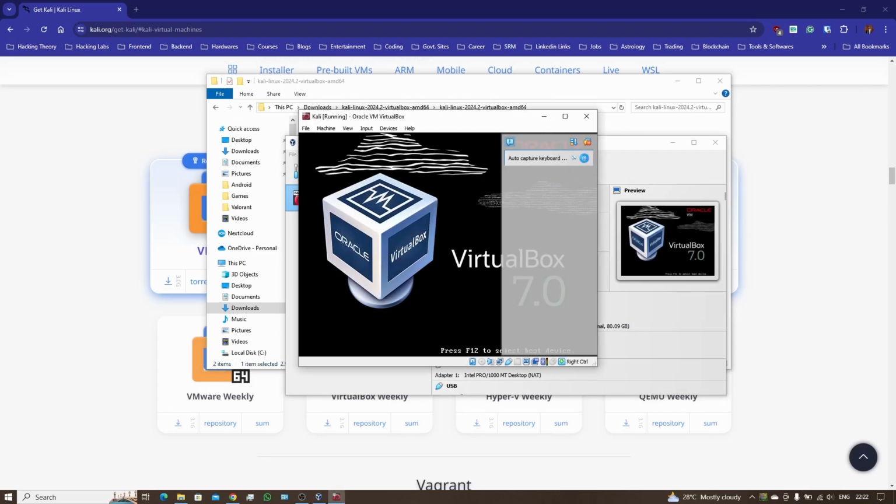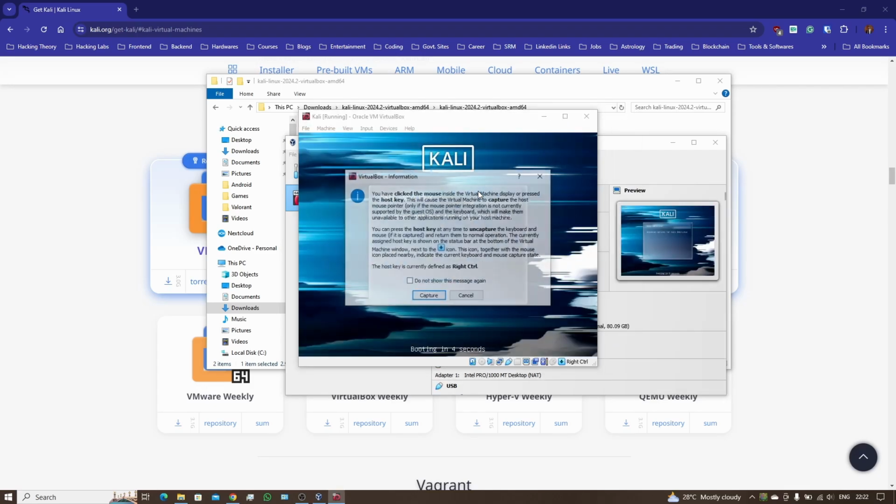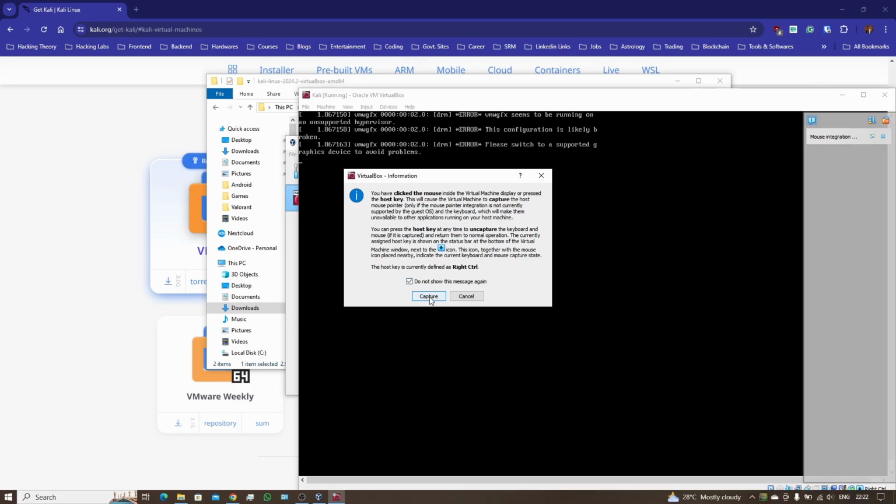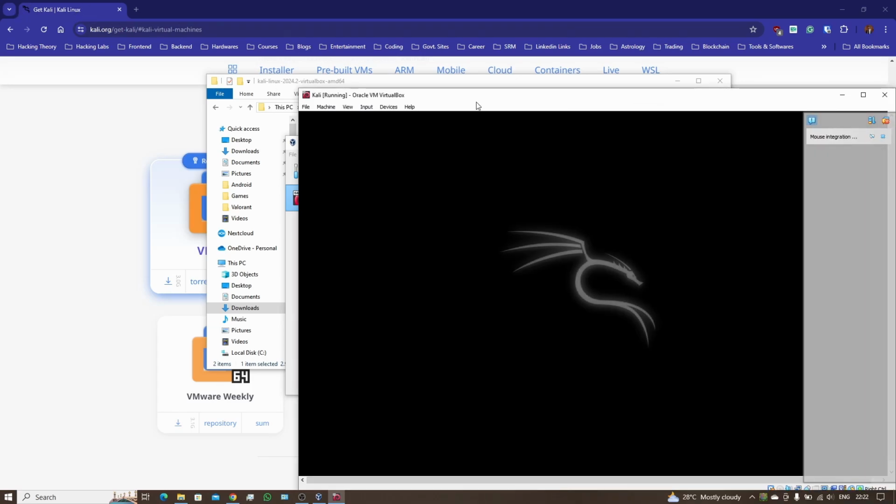I'll let you know at last why we did those. It's showing some pop-up that if you click, your mouse will be captured. Yes, we want to capture and we don't want to show it again. Okay, now